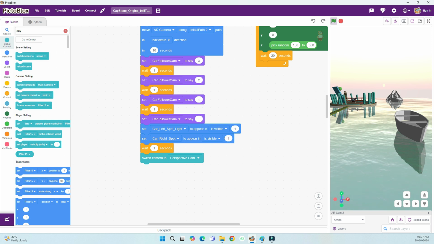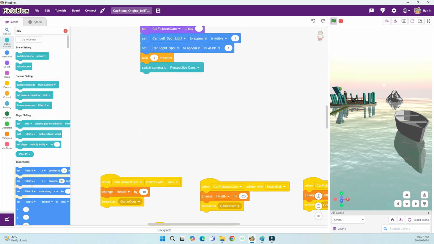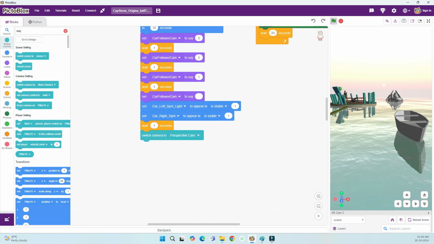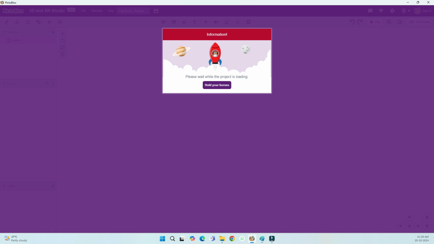switch camera to perspective camera. This perspective camera is actually connected with that car. So from this onward, we will only be seeing the car. We will be using the car as a third person view. So let me go back to the spotlight and show you and come back. I'm going back to show